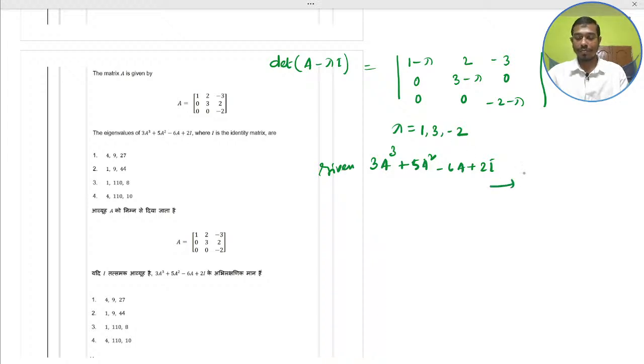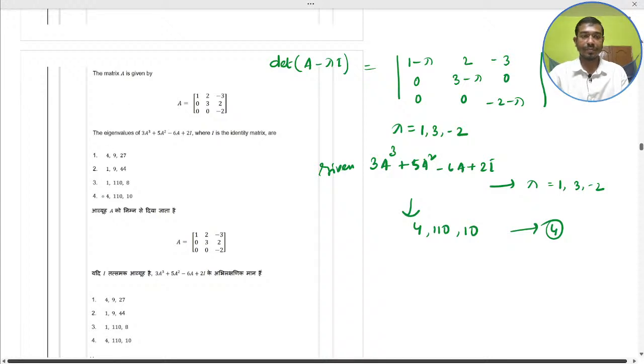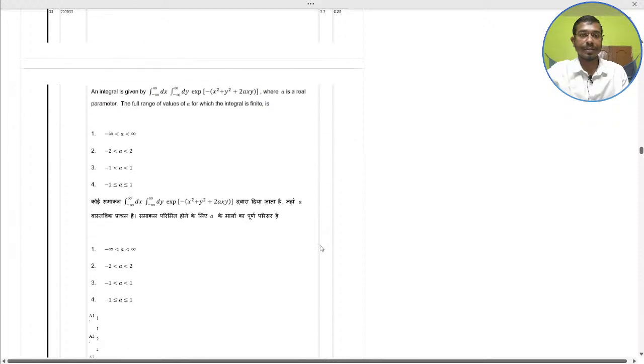So put these values one after another, lambda 1, 3, minus 2, and you would get 4, 1, 1, 0, 1, 0. This would be option 4. Option 4 would be correct. 4, 1, 1, 0 and the 10. Next,